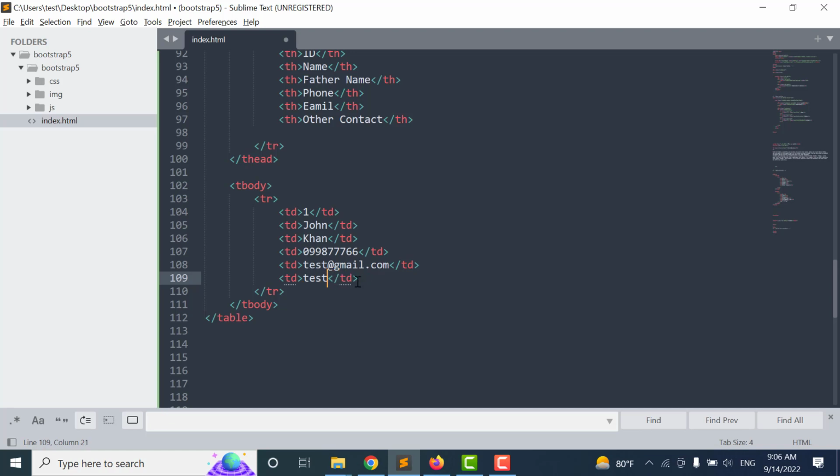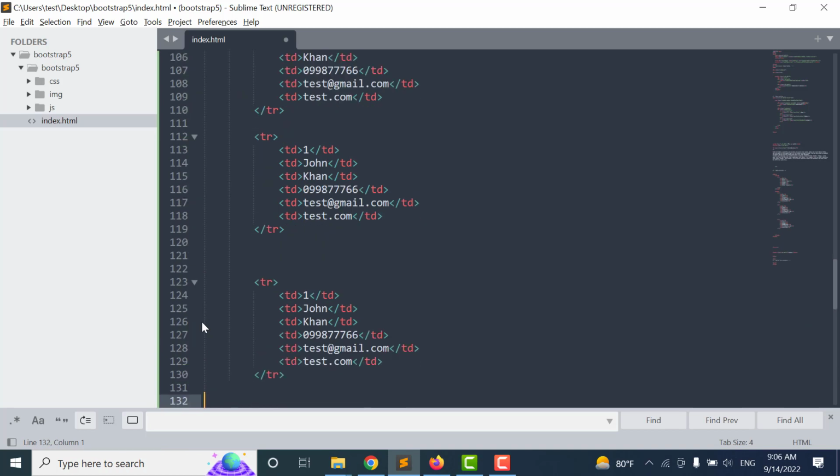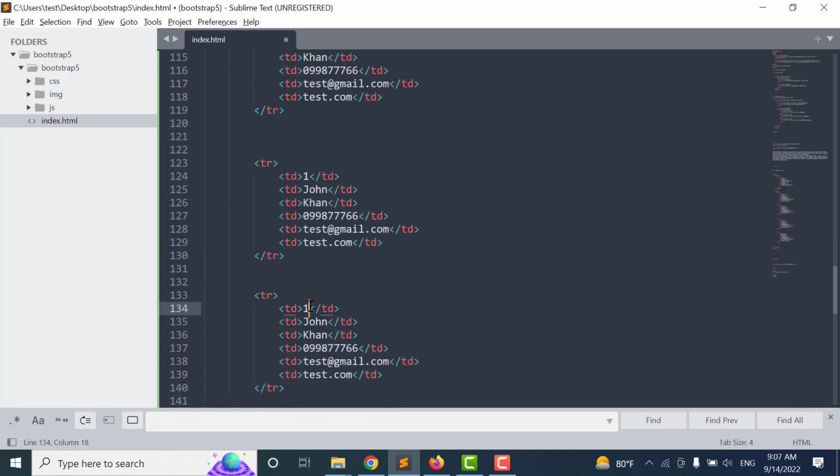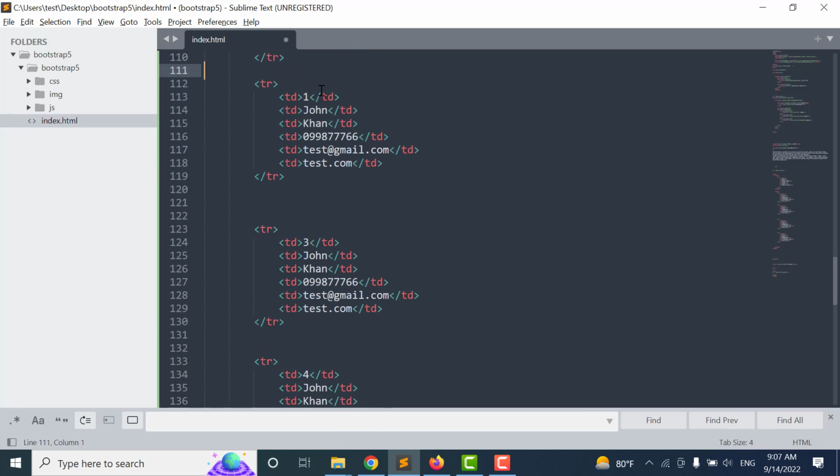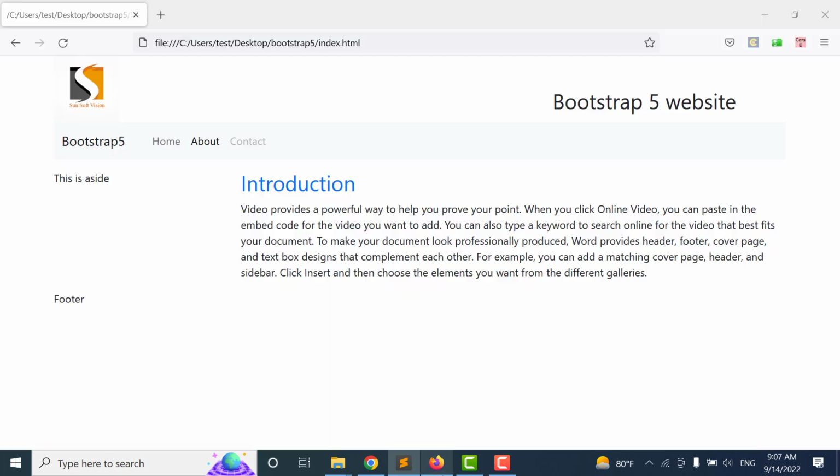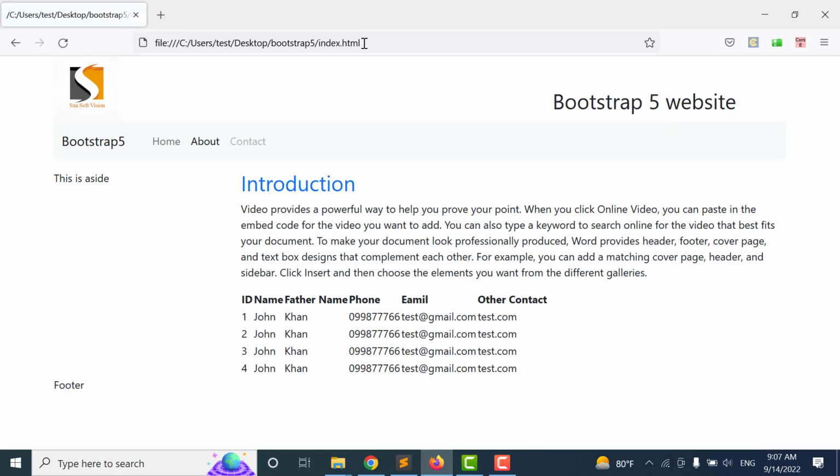test@gmail.com or website test.com. So right now I want to copy paste it 2 or 3 times. 1, 2, 4. Just I want to change the ID. The rest should be the same because this is just a test. It should be 2. Now if I come here and see, this is a very simple table, but Bootstrap has